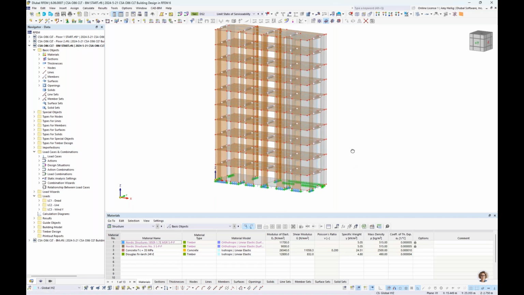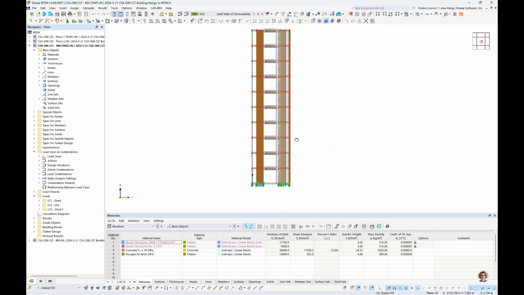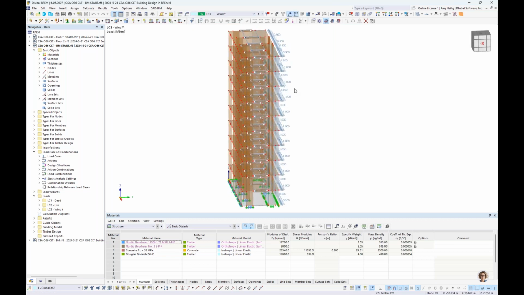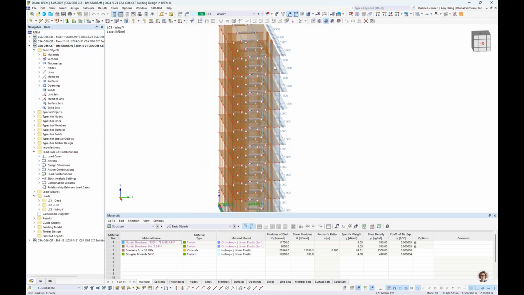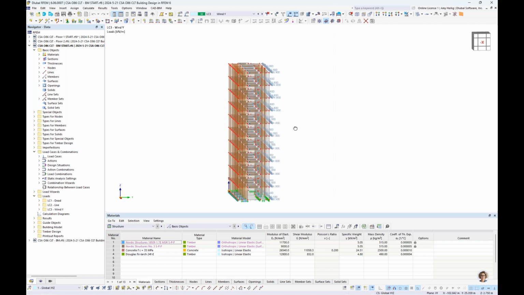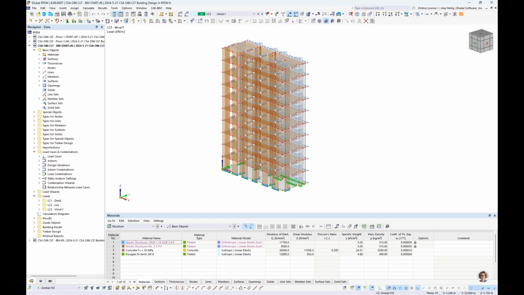What else you will notice is that my lateral loads have also been applied. So we have the same dead and live load that we saw from the previous example, but we now also have a wind load applied. And this is just a simple line load, as you can see here, applied at each story level. So pretty simplistic load application for today, but again, we just want to account for that lateral load applied to